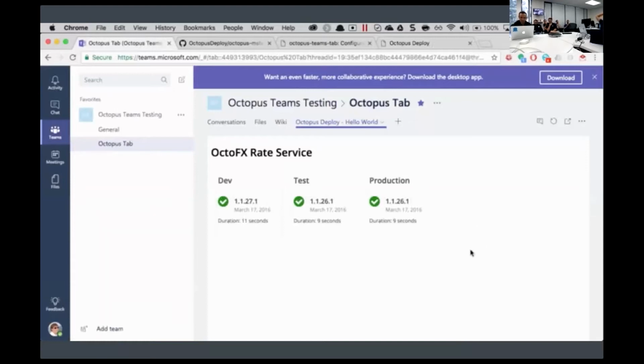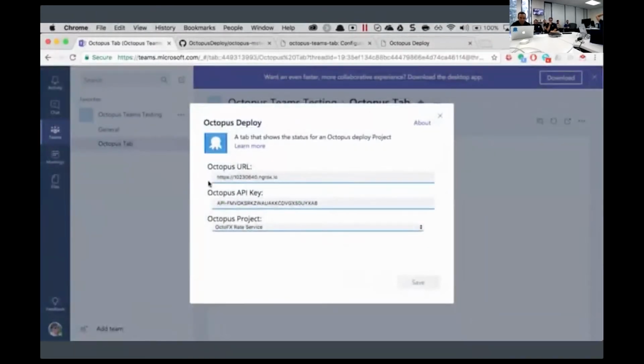So that's a little bit of a pain, but there's not really any way around that. There's also a couple of little hacks in the JavaScript behind the scenes. When you change these settings, there's no way to actually store these settings on the server natively. We can't say, here's the data associated with this tab. The only thing you can save is an entity ID for this tab that we're configuring. That's just a string though, and so to save this data, I just serialized it into JSON and stored that